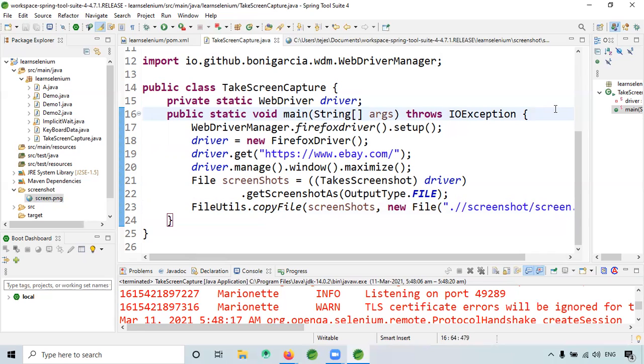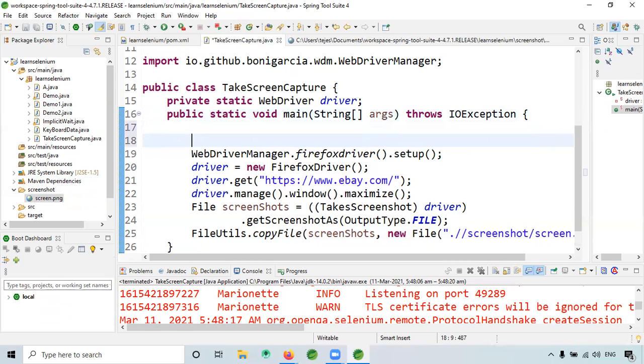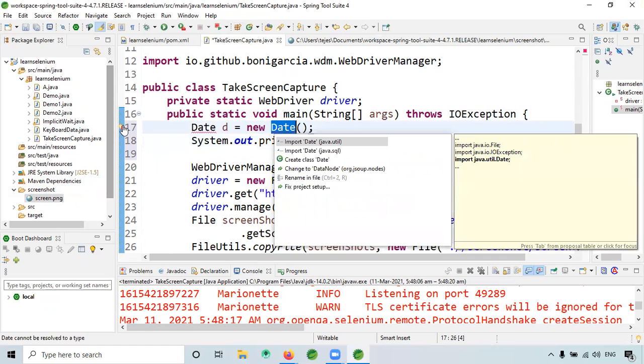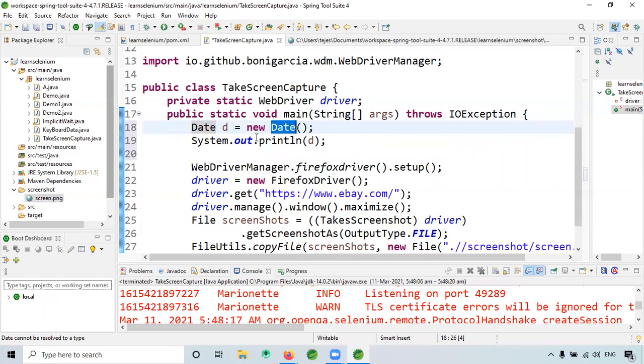Or else there is another way. I will call the date function. Let me show you what will happen. Date d is equal to new Date. Like this.